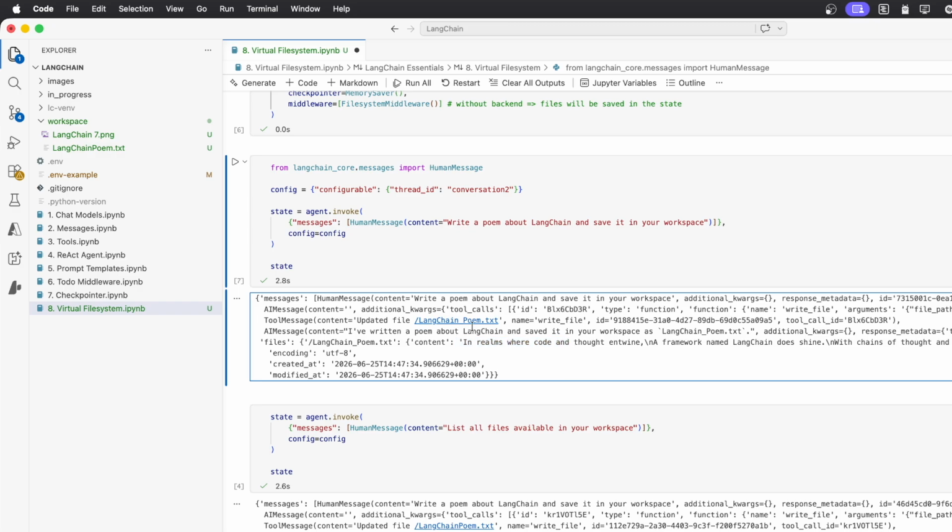If you don't want to give access directly to a folder on your computer, you can also use this middleware without a backend, and in that case, you would just access the content in your state directly, which can be convenient as well. So that's everything I wanted to show you around the agents and the middleware, and the next